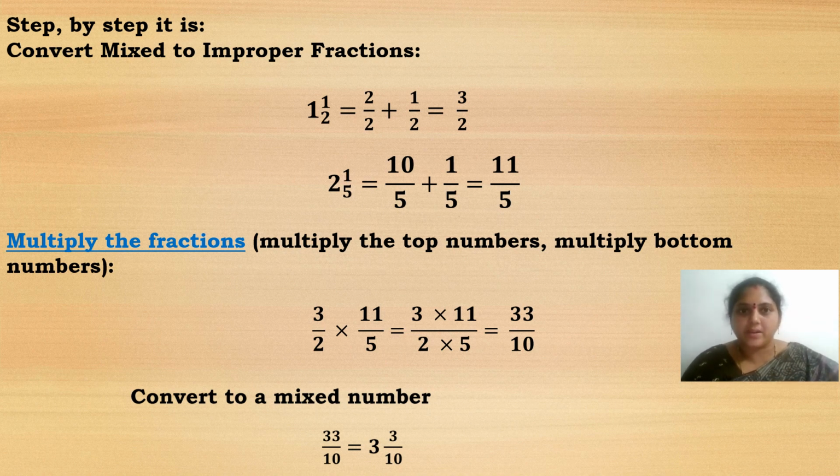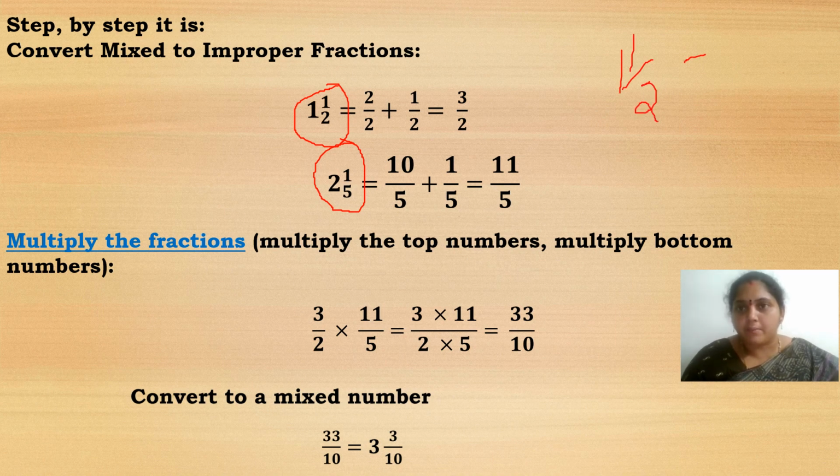See, suppose what is my number here? My number is 1 1/2 and 2 1/5. I have to convert this into improper fraction. 1 1/2 can be converted as multiply 2 with 1, that is 2 into 1 plus, what is my numerator here? My numerator is 1. So add that 1 here, divided by, what is our denominator? 2. Same denominator you will be getting now. Now 2 into 1 is equal to 2 plus 1 divided by 2.